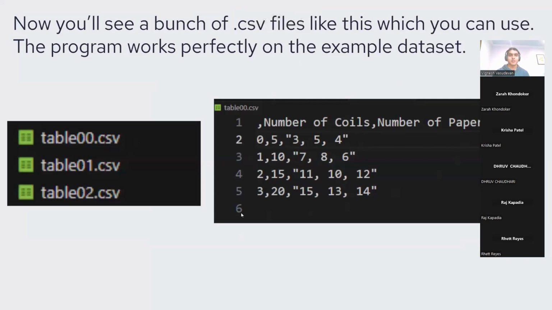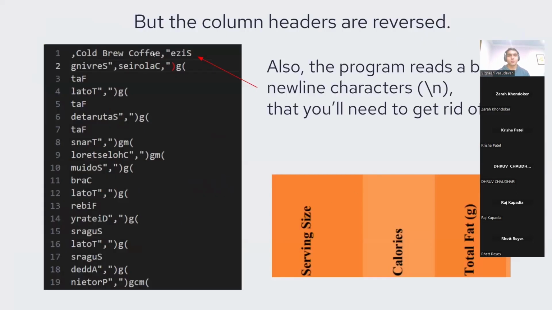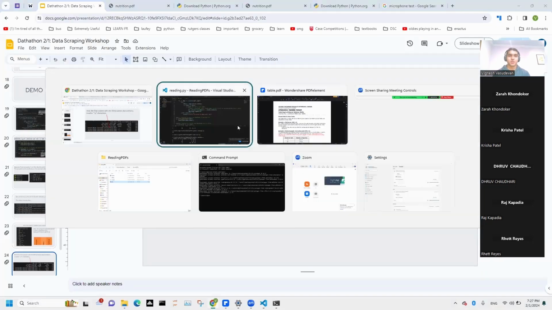Yeah, so it works on that example file, but if you try it on the Dunkin dataset, it's not actually going to work perfectly because the data will look all right, but when you read the column headers, they're going to be reversed. So they'll look a little bit jumbled. So in order to fix that, you'll have to first reverse these column headers, and then you're going to have to get rid of the new line characters that it's recognizing. You're also going to have to get rid of the new line characters in the drink column. So if you want to see that,